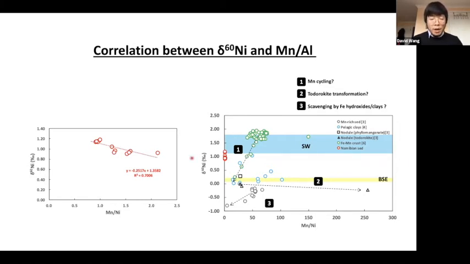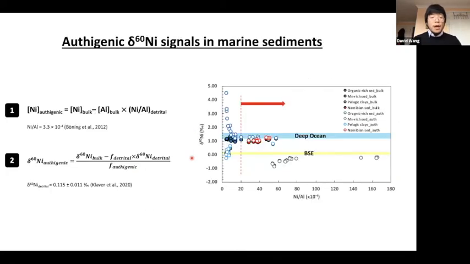So it may be caused by the resolution issue or the detection limit issue, but as for now, we didn't see a significant influence from the manganese cycle or associated process. And the last thing I would like to share is when we try to correct the lithogenic contribution for our sediments, when we use these two formulas